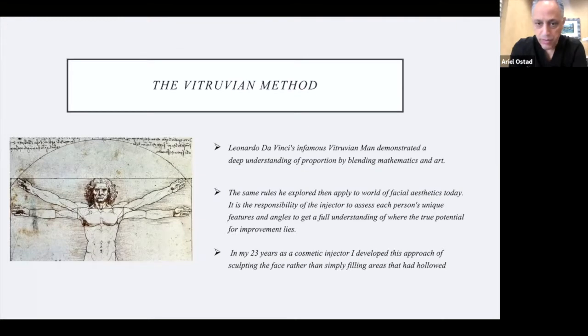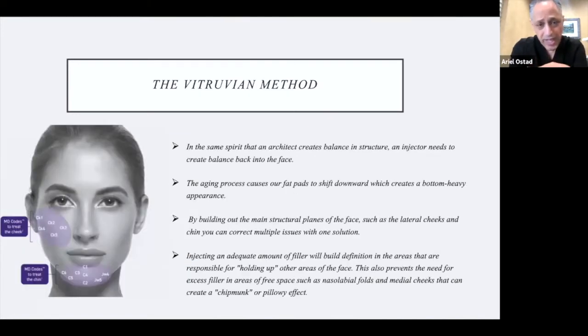These same rules apply to the world of aesthetics today. I find that it's my responsibility to inform my patients and assess each person's unique features and angles to really be able to bring that out in real life. Over the last 23 years as an injector, I've developed this approach of sculpting the face rather than just simply filling the areas that have hollowed. And this Vitruvian method is really